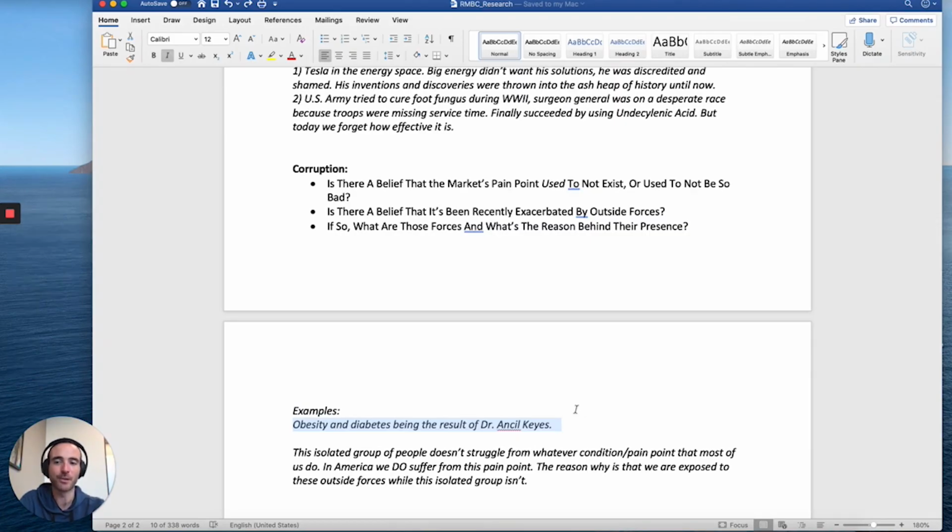Dr. Ancel Keys was a doctor who basically stepped into the limelight and said, I've got the solution. It is fats are the enemy, basically. And because of him, we completely inverted the food pyramid. He promoted low fat, lots of grains, things like that. All of the food industry kind of changed to meet what Dr. Keys did. And as a result of that, we've been actually eating this messed up diet for the last 70